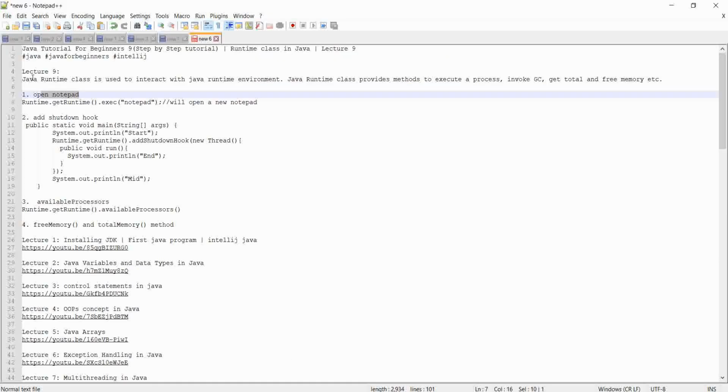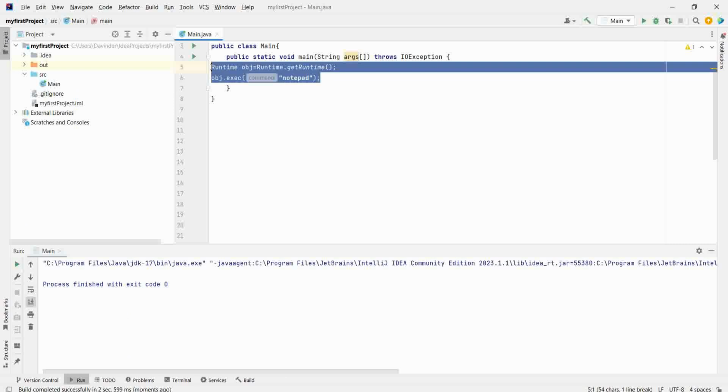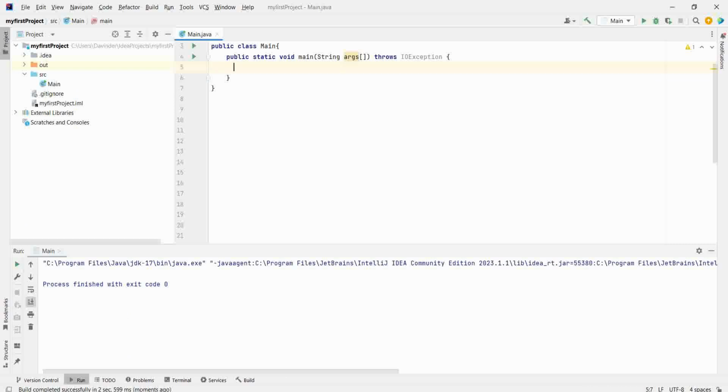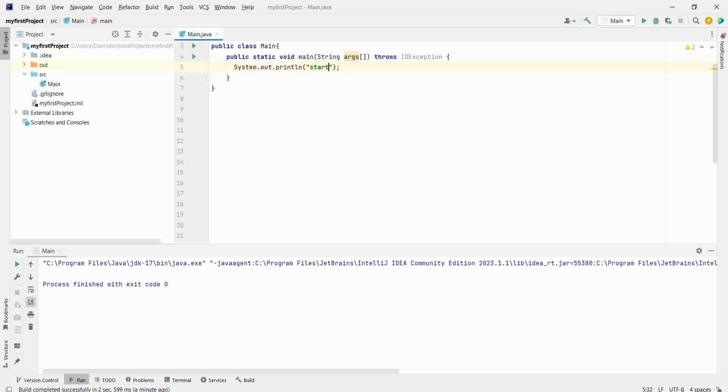Next, in the Java Runtime, we have addShutdownHook. I have already explained addShutdownHook while explaining thread. AddShutdownHook is a method which is invoked at the last of the program. Suppose you have System.out.println start of the program, then end, and the middle, I'm writing it as mid. Now I will create a shutdown hook: Runtime.getRuntime().addShutdownHook, then a thread.